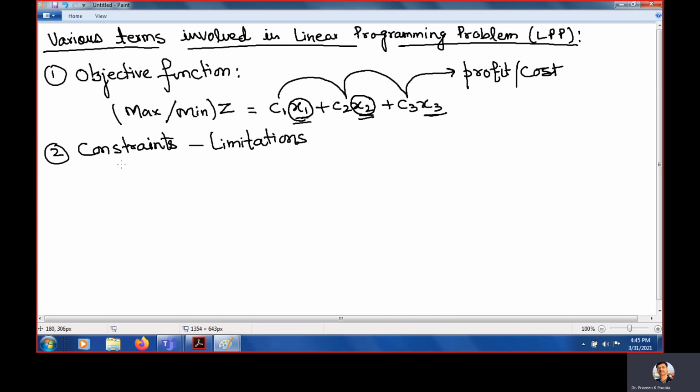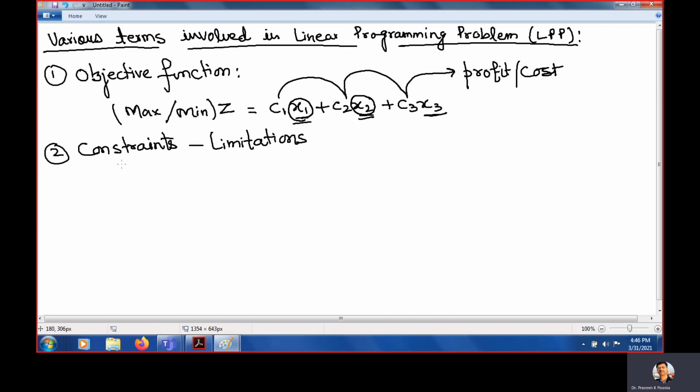I have limited cash. Number 3 is a labor problem. If I need to make a home, I have labor of only 5 people or 6 people or 10 people. I cannot have 100 people. So there are limitations of labor and limitations of time. Everywhere constraints. If I'm making a house, I will give 6 months time to the contractor. So the contractor needs to finish my home in 6 months only.